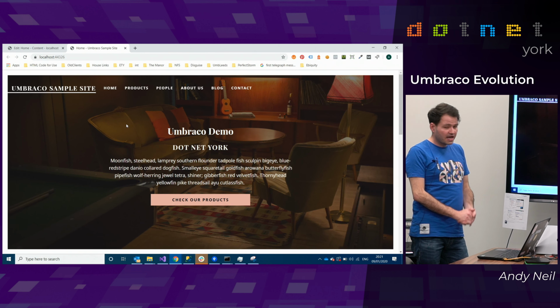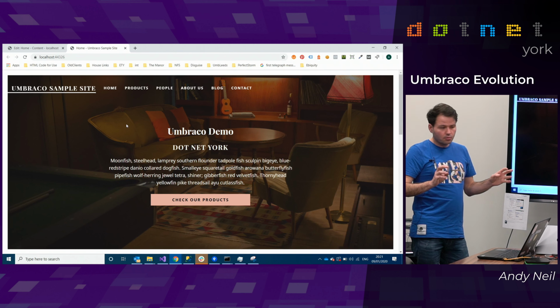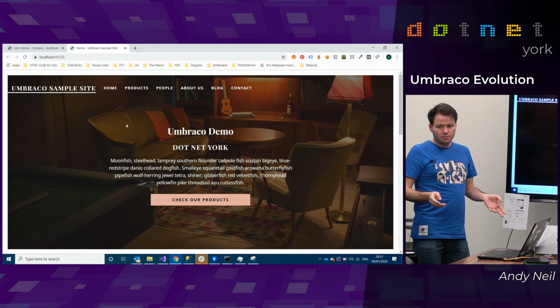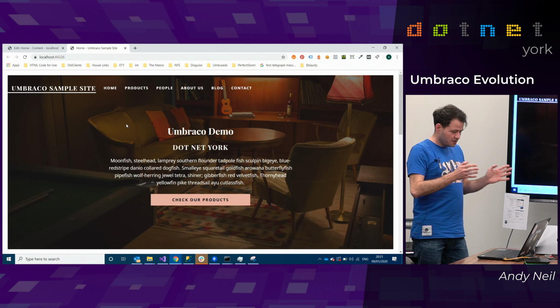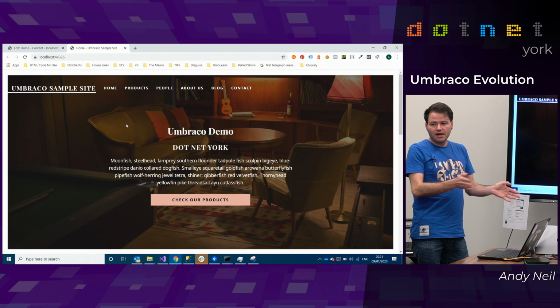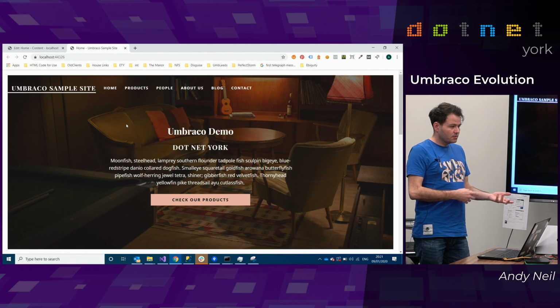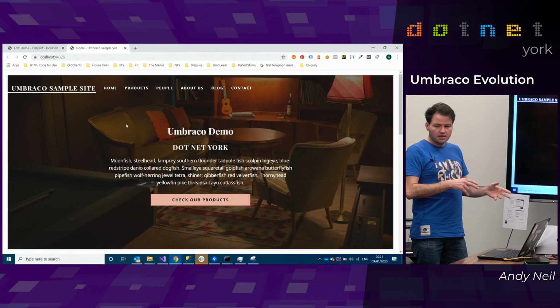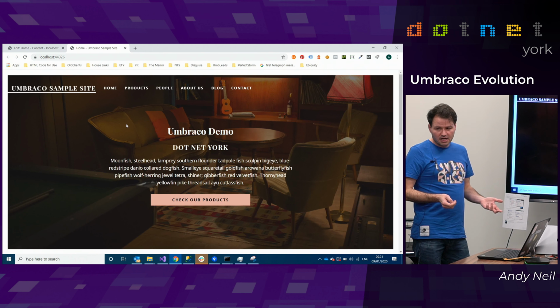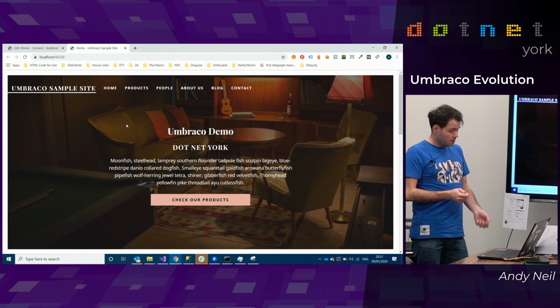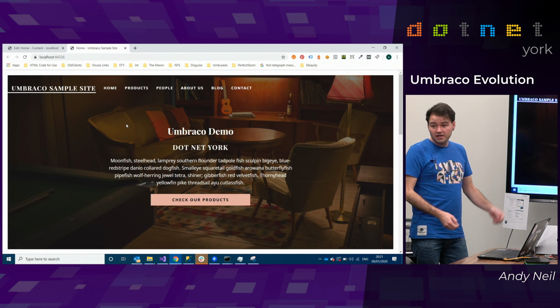I often get asked, oh, can Umbraco do X? Umbraco is literally just there to provide a content store and a way of managing nav. Everything else is anything that any .NET developer could do. My general thing that I give to any client talking about it is, you don't need to ask, can Umbraco do it? It's, can your developers do it? And generally Umbraco will do it. You can put custom routing in, you can do membership providers, you can use all of the other fancy .NET stuff as you would in any application, and Umbraco is just going to sit there and manage content, and you just bend it to your will, which I think is really versatile.